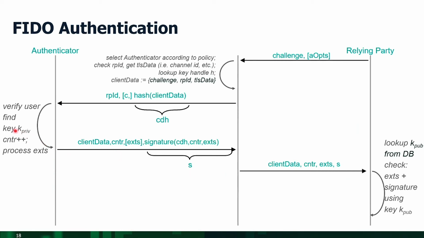You'll notice that over here, there's the counter, which means that the authenticator increments a counter, and that counter is then passed through as well. That's another check mechanism to make sure that something funky isn't going on with the authenticator. The idea is that if there is a wild difference in the numbering, especially if the counter is suddenly less than the last time the relying party checked, that's going to indicate that there's probably something wrong with the authenticator, and therefore it's another parameter it can use to fail the authentication if it thinks that's the right thing to do.